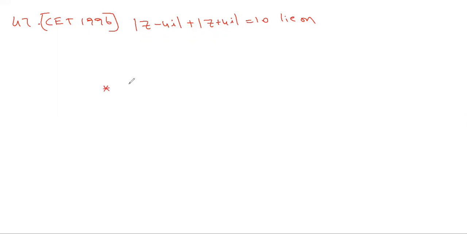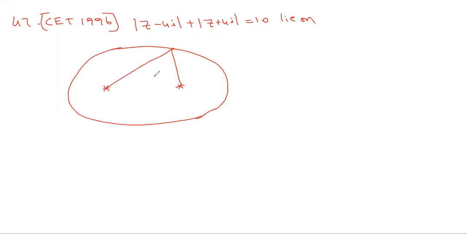So this is straightforward from the definition of an ellipse. The definition of an ellipse is the locus of a point such that the sum of the distances from two fixed points is always constant. For an ellipse, you take any point P on the ellipse, with foci F1 and F2, and PF1 plus PF2 is always a constant k. Right, so this is the definition of an ellipse. So using that,